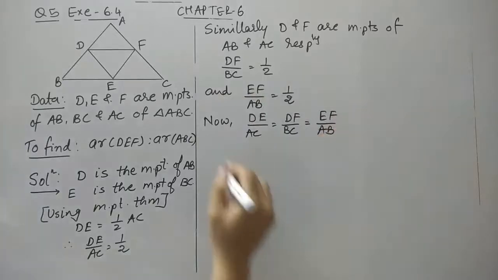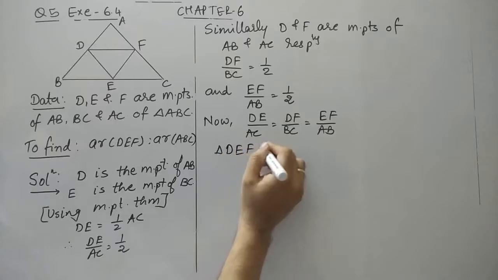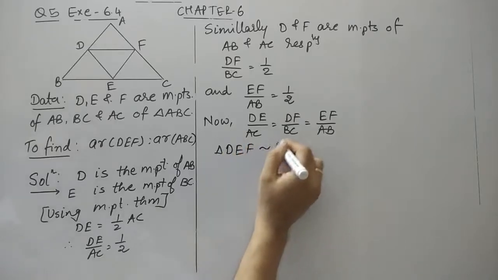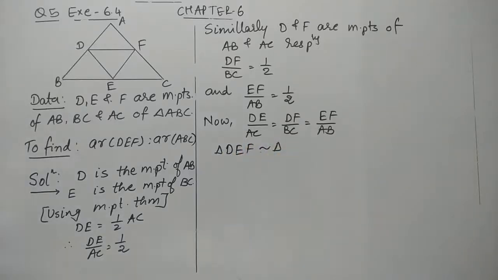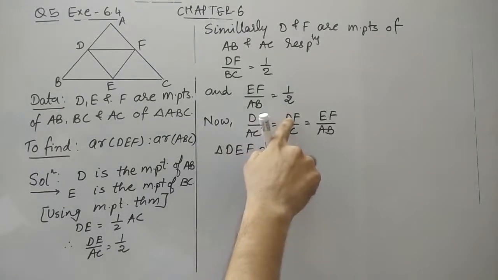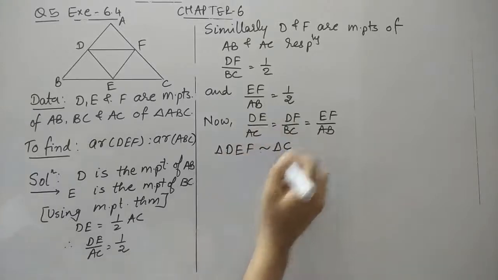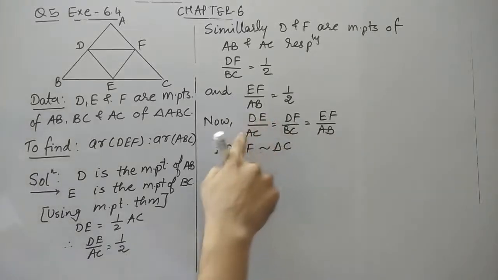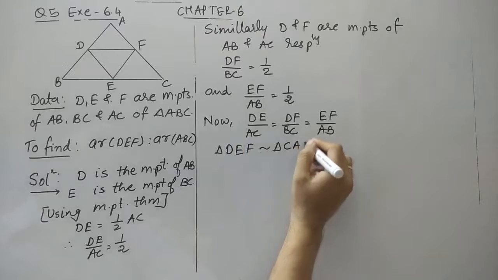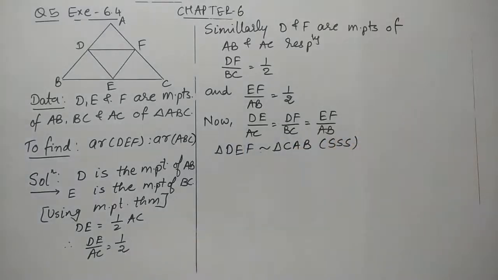They are all the same. So we can say these two triangles must be similar. Let's see the correspondence, which is not important, but we have to show it. Here the common point is D and C, so D corresponds with C. E corresponds with A and automatically F with B. So by using SSS similarity,